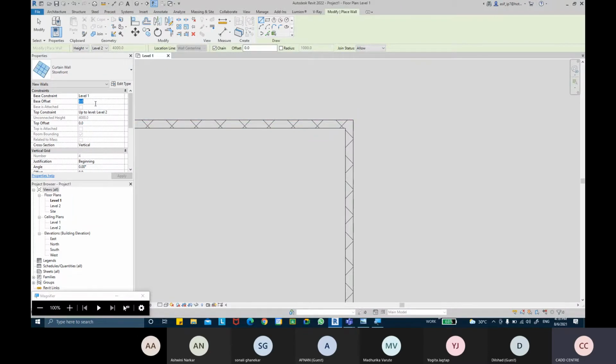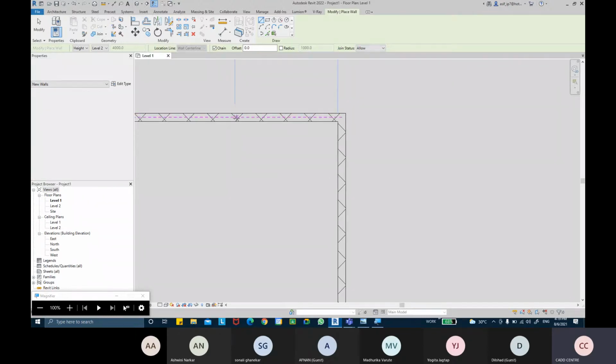So I'm going to give, suppose, a 600 base offset, and I'm going to give a top offset as well, which I'm going to give negative, let's say negative 1000 from the top. Okay, so from the base it would be raised by 600 and from the top it would be minus 1000. You can later on also change this base offset and top offset after you have created the curtain wall,